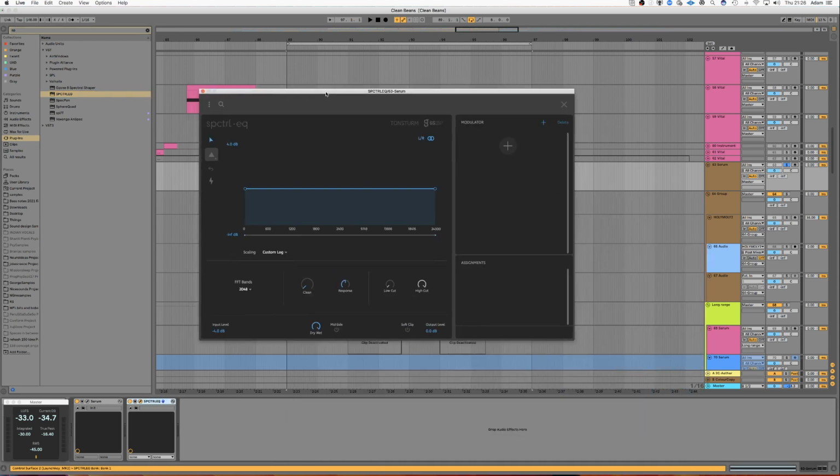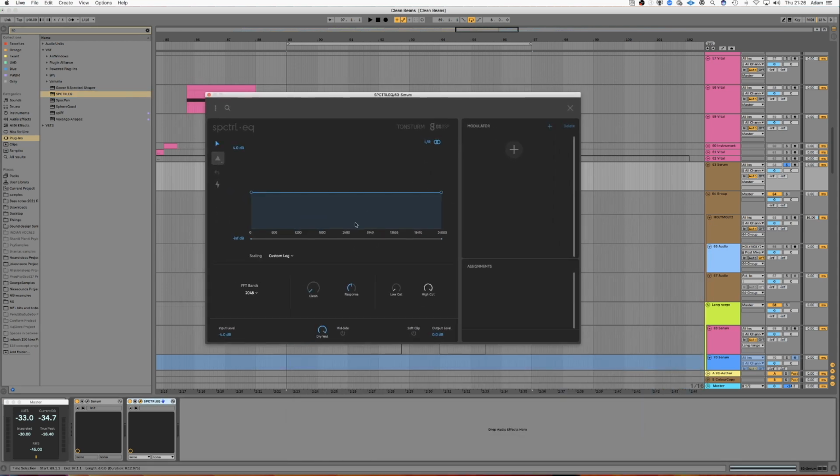Okay, cool. So this is the window that's going to pop up for you. So here we have something similar to any normal EQ. So lower frequencies down here and higher frequencies up here. And we can draw what sort of filter shape we want. So let's just draw